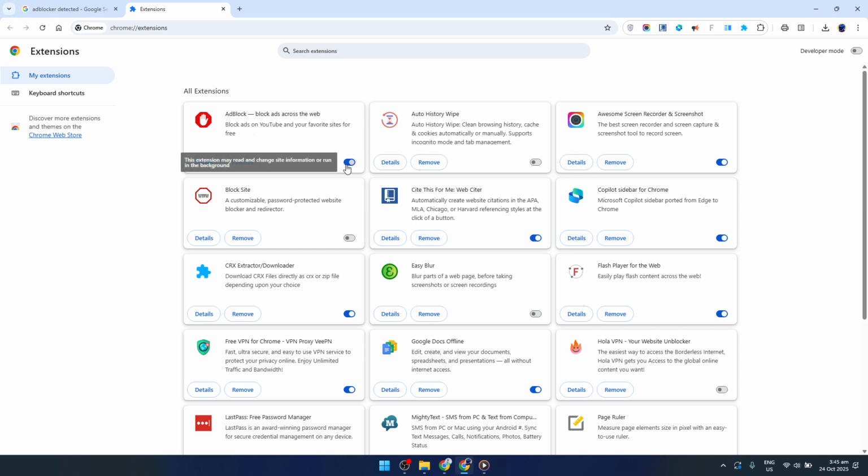After finding the ad blocker extension, you'll notice there's a little switch next to it, likely colored blue if the extension is active. Click on this switch to toggle it off. Turning off the ad blocker should allow you to access content on sites that previously prompted the ad blocker detected message. This is because disabling the ad blocker will let the website load the ads as intended, removing any restrictions